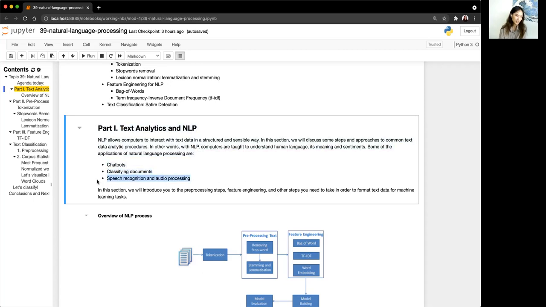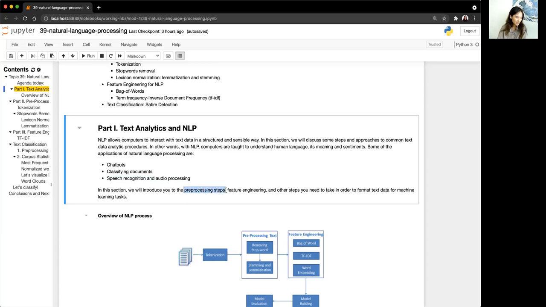And also speech recognition and audio processing. We're not really going to deal with audio data during this course at all. Usually how people work with audio data, especially if it's spoken word, is you first feed it through some sort of transcription library, and then you have your text data. So we're not going to work directly with audio files, although there are a couple of libraries out there, if you're interested, that analyze waveforms of audio clips and things like that. But I haven't had much experience with audio data myself.